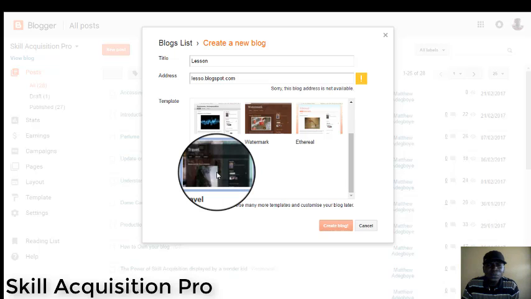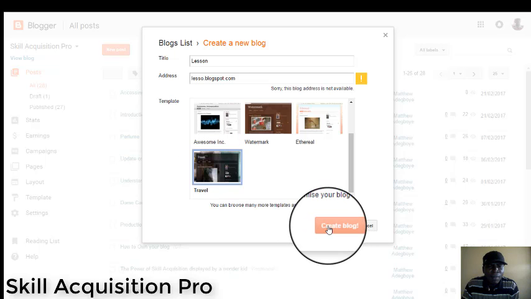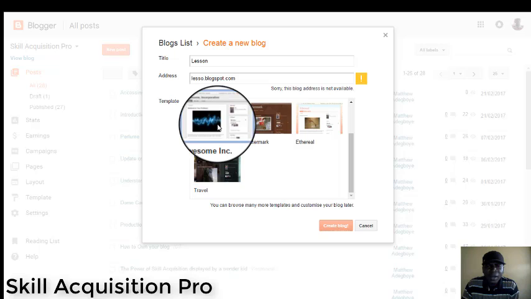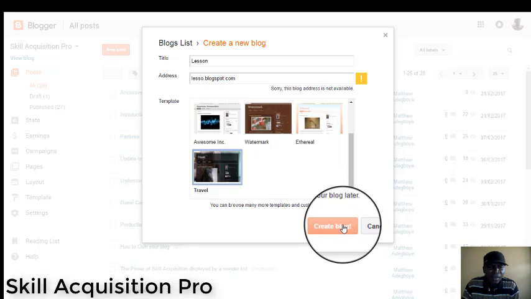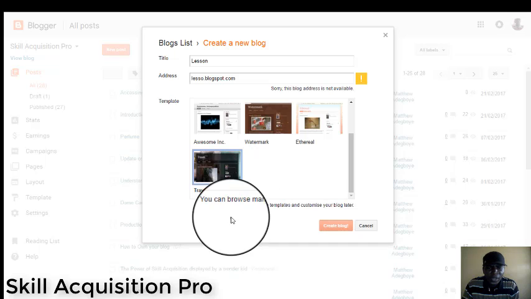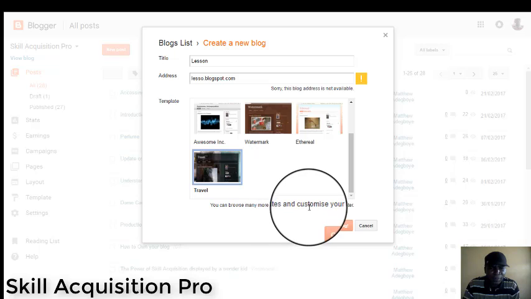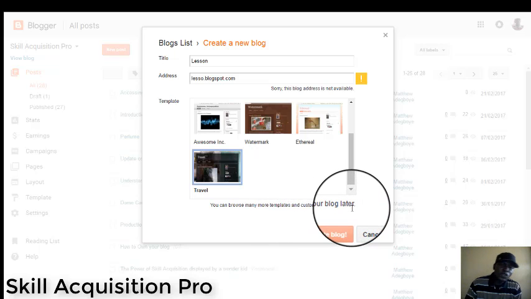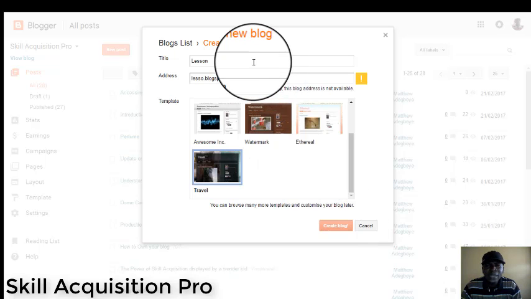We're expecting the next move. You can see it is written there. You can browse many more templates and customize your blog. Later we're going to be treating that specifically in another lesson and video presentation. So the next major thing that we need to do after we have entered our title, we enter our